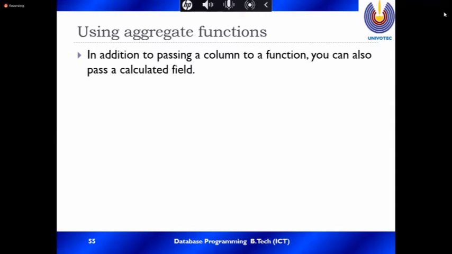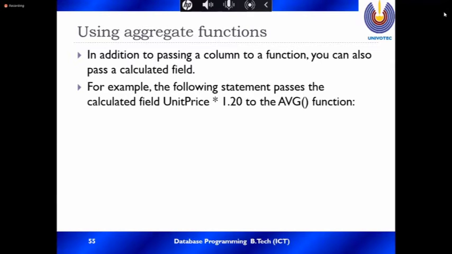In addition to passing a column to a function, you can also pass a calculated field. For example, the statement passes the calculation unit price times 1.20 to the average function. Time to time the price is going to vary, like for biscuits; every six months or so the government also increases the price. Then you want to change that field.